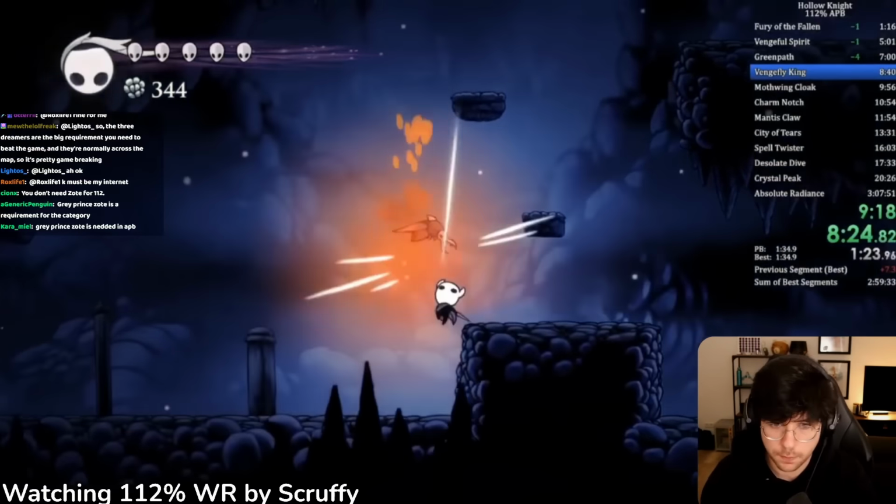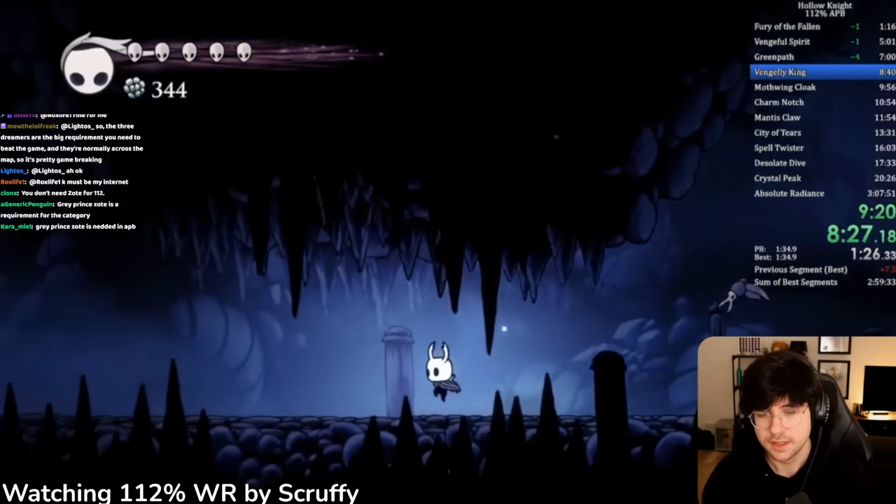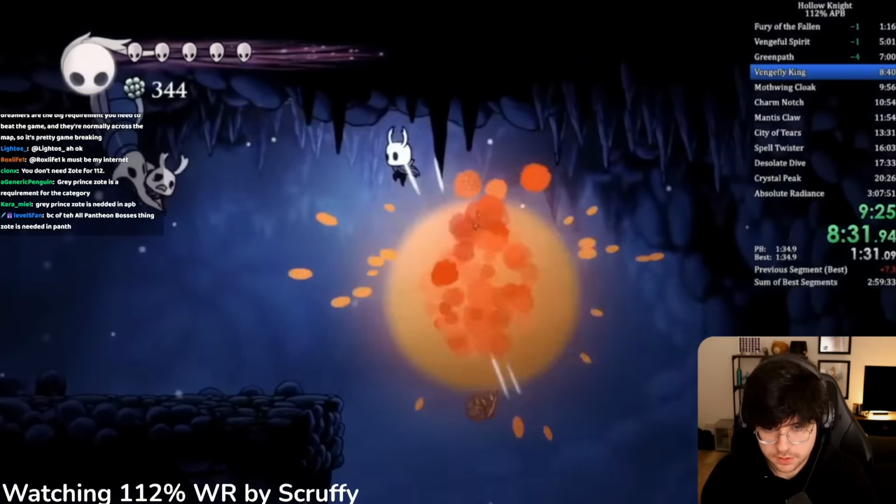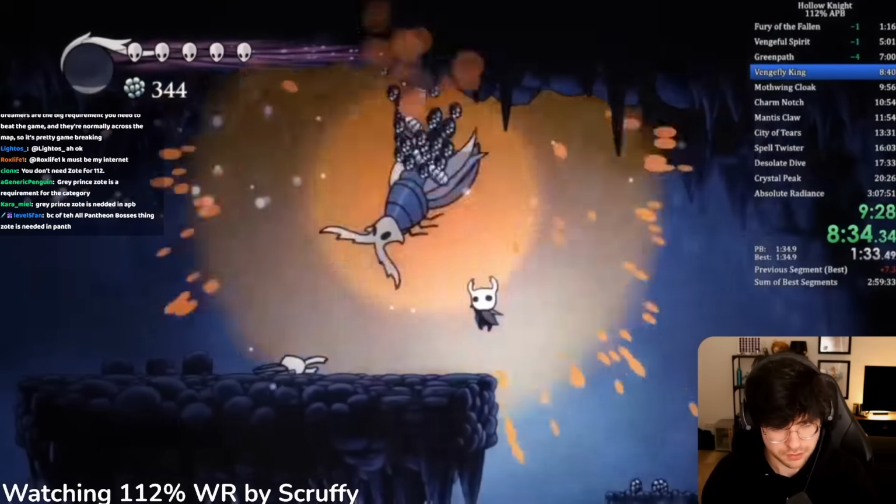Because the category is called all Pantheon bosses, you actually have to save Zote, and then he will appear in the Pantheons. And there's a Vengefly King. I'm pretty sure when you first fight the